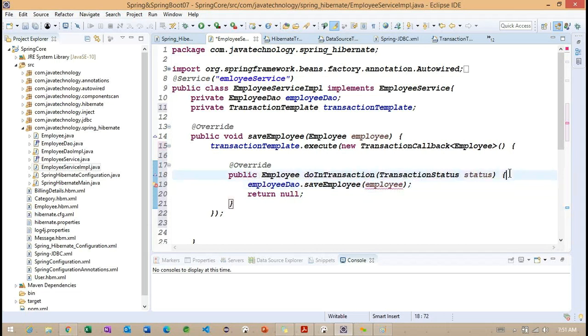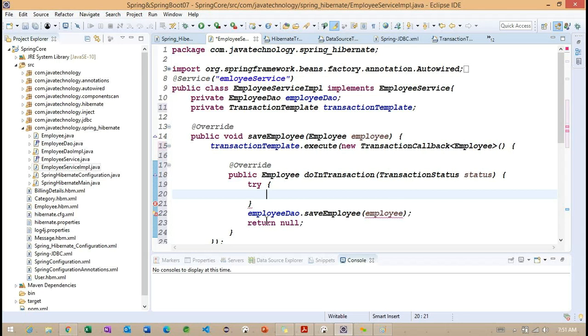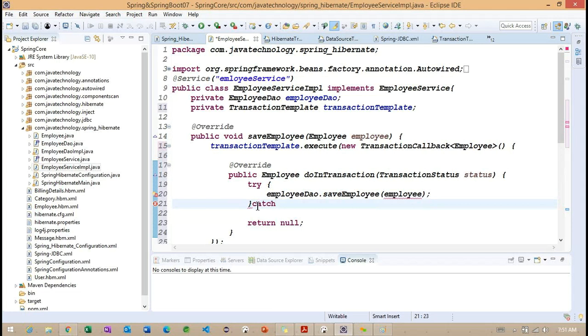Okay, so let me work with try here. Inside this particular try block, I want to call this section. Let me handle the exception here. I want to work with a runtime exception.